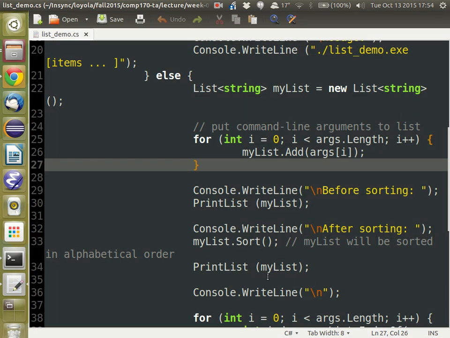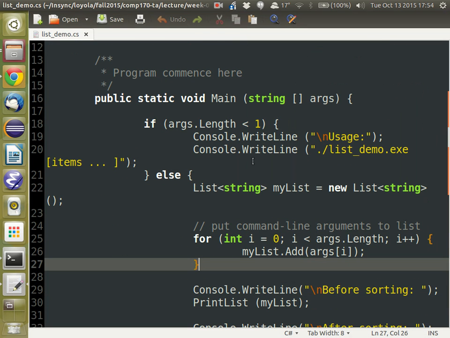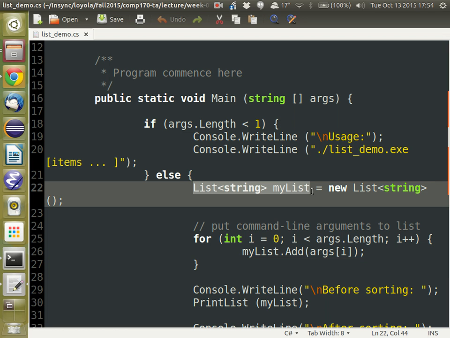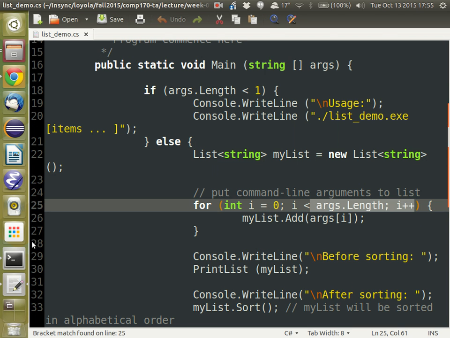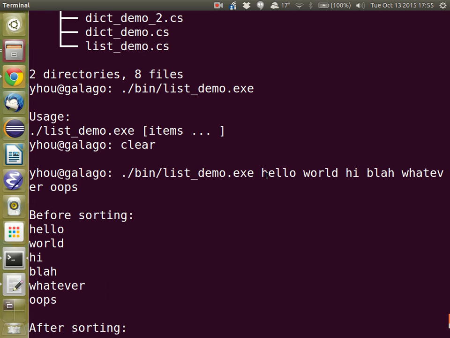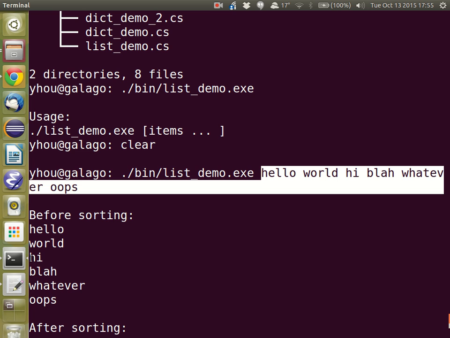How does this program look like? Pretty simple. So again, I use command line argument to get the input. You don't need to know how to do that. What I did was I declare and initialize a list object. Use this constructor, new list, and then I give the name my list. And then for all those command line arguments I put there, which are these command line arguments,